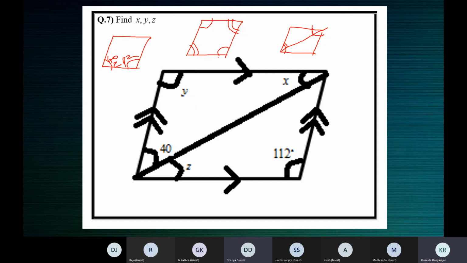Ma'am, Z is equal to 28 degrees. X is also equal to 28 degrees, ma'am, because alternate angles are equal. So you can see here that there is a parallel line, transversal, parallel line. We are talking about this one. I've shown only that portion here. This is the parallel line, transversal,